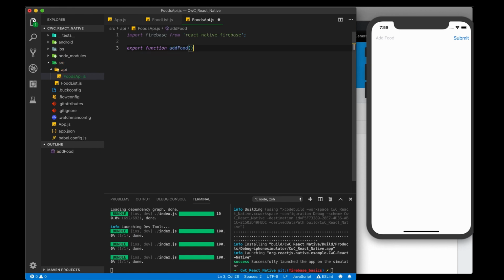So we want to send everything to this function that we need for our Firebase backend to actually add a new food item. So we're going to have an object here called food, and we're going to have a callback that gets called when the actual transaction is complete. So we're going to just call this add complete,